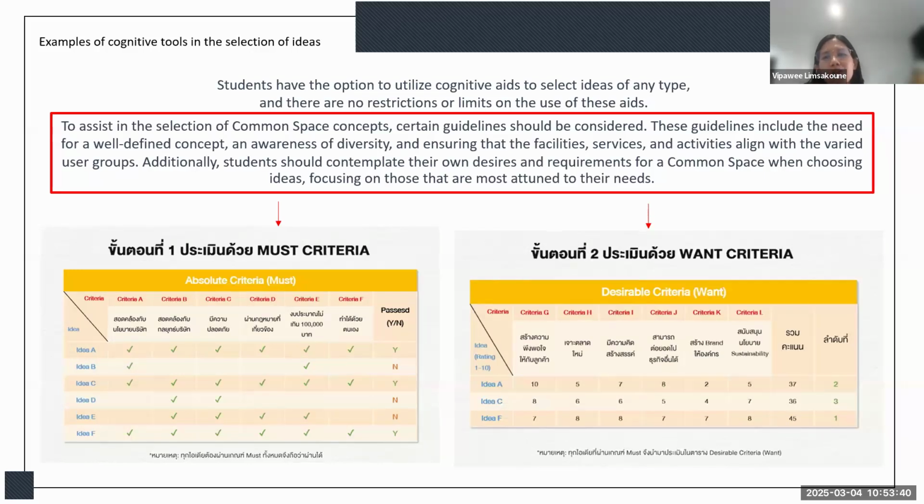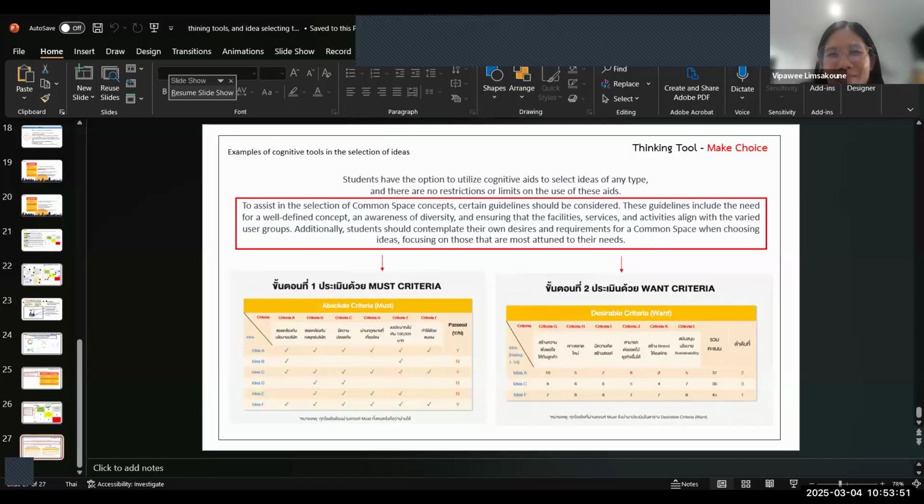So this is an example of how you use these idea selecting tools. Okay, so I will let you practice using them so that I can provide feedback if you have difficulties or if you're not sure somewhere before I let you do the individual work. Okay, let me stop here and